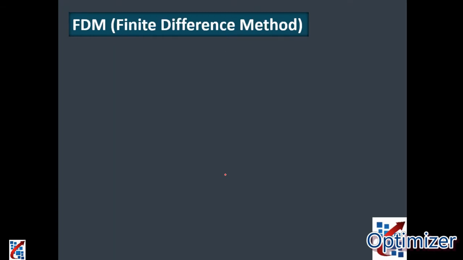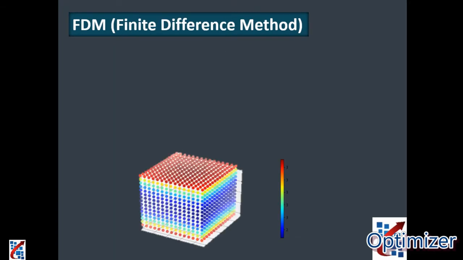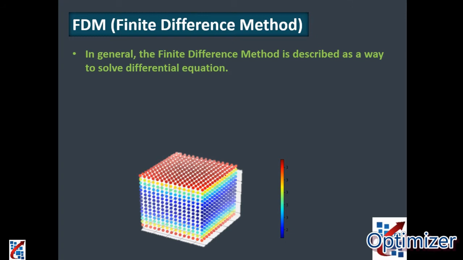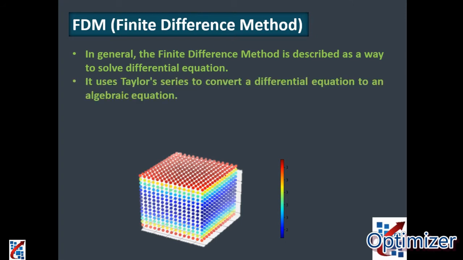And now the next one is the finite difference method, okay. So what is the finite difference method? It is the combination of BEM and FDM, okay. So normally FDM is applicable for what we can say is hybrid analysis of the boundary element method and the finite difference method, okay. These are normally used for solving differential equations. It uses the Taylor series to convert a differential equation to an algebraic equation. In the conversion process, higher order terms are neglected.